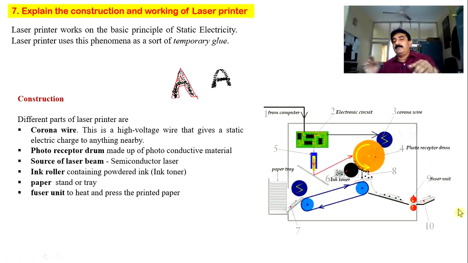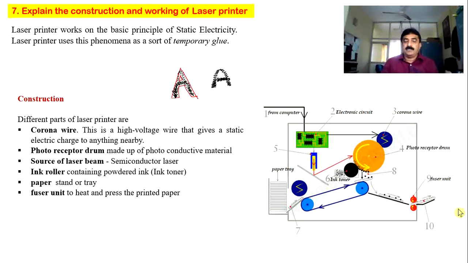When it is coming, that red dot is already hot. So the paper is going through two red dots. These are the fusing elements, they will press. It is something like ironing the cloth. So the red dots mean the fusing unit is ironing the paper, thereby the ink powder which was loosely bound to the paper becomes permanent. So finally the output you get is a hot printout. Okay, so this is the working of the laser printer.